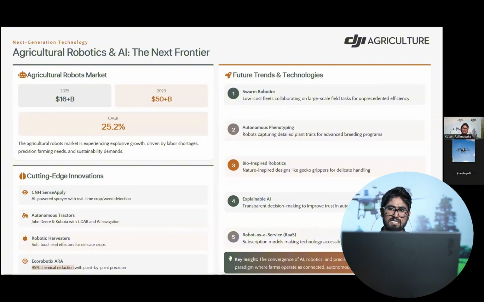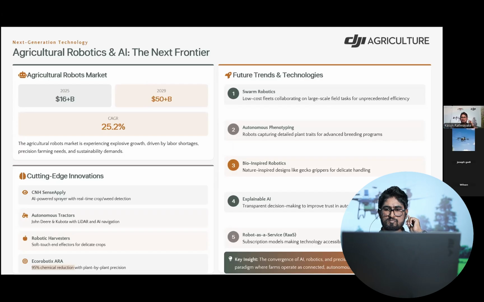Phenotyping is also essential in breeding programs, so we can use autonomous phenotyping to identify traits in advanced breeding programs. We can also create bio-inspired robots, with nature-inspired designs like gecko grippers for delicate handling. And also explainable AI, with transparent decision making to improve trust in autonomous systems.